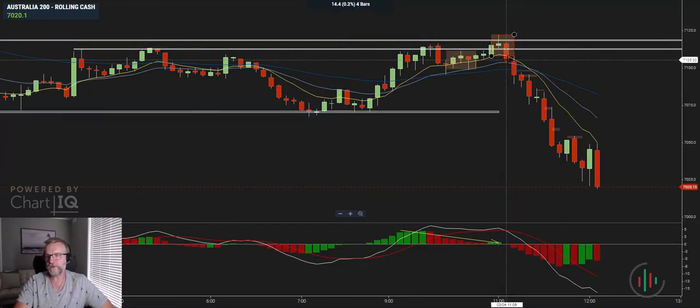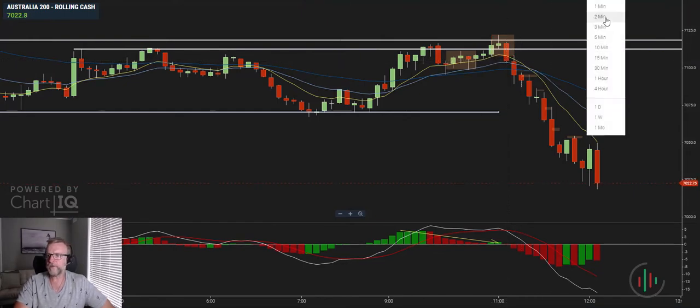So you can see that's why you got the follow through on that third candle, that red candle there. That was my entry in there. And then it kicked on. So if we look at the 1 minute chart,